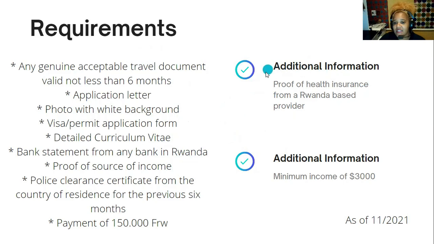They are going to ask to see proof of health insurance from a Rwandan based health provider. And there are a couple of health providers depending on your age for Rwanda. And the major one is UAP. So give me a quick second. I know you can see me up here. I'm trying to Google real quick what UAP stands for. Their website is